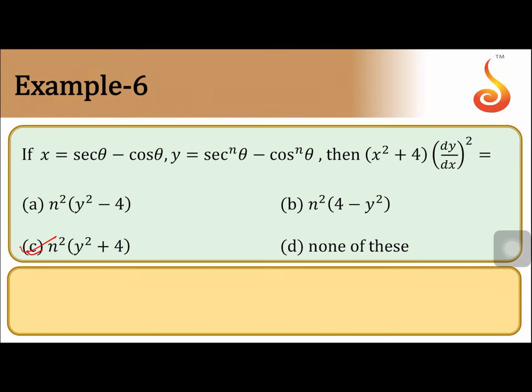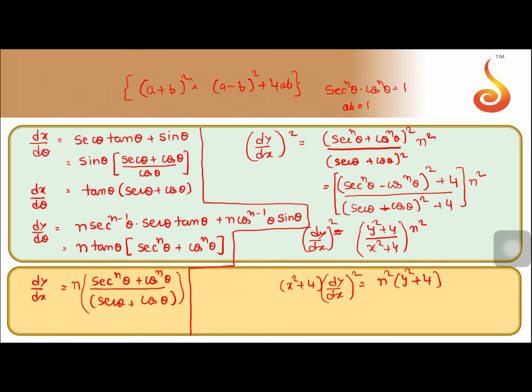You can see the options. Option C is correct: n square y square plus 4. Main concept is we have used a plus b whole square is equal to a minus b whole square plus 4ab. And another concept was secant to the power n theta into cos to the power n theta is equal to 1. So simple rearrangement in